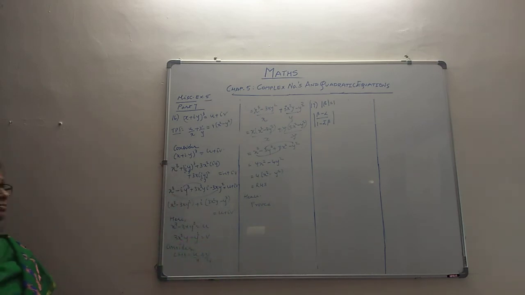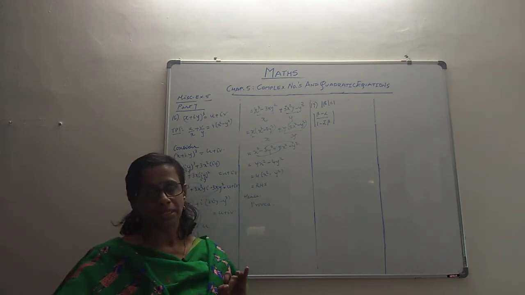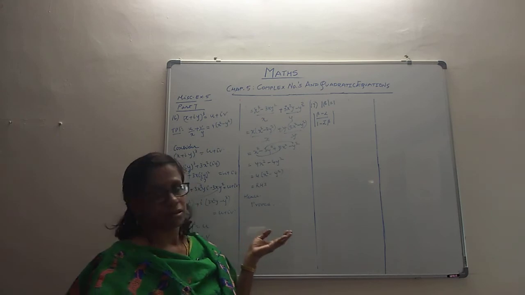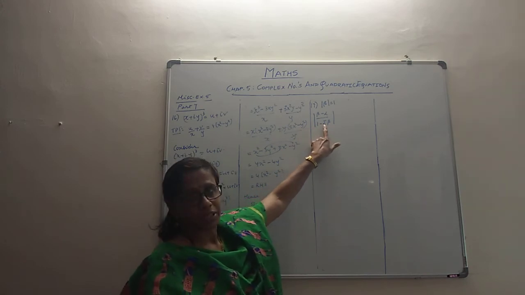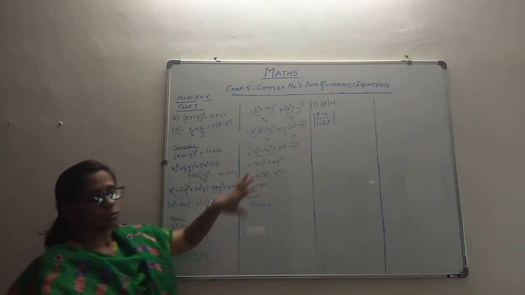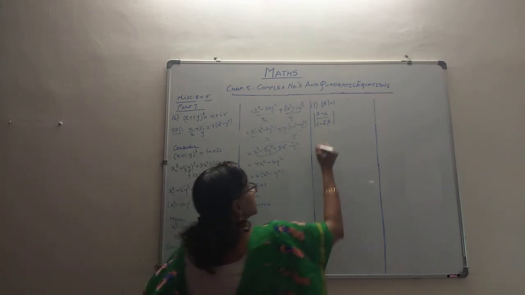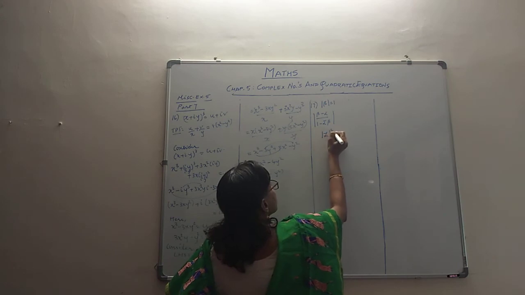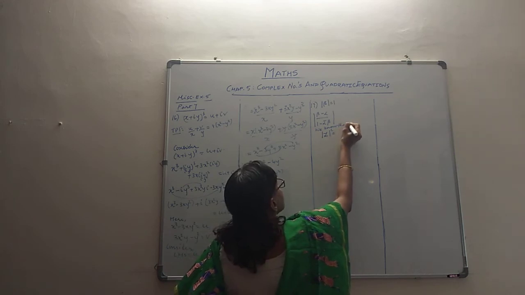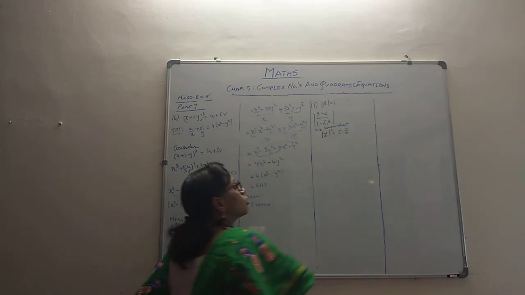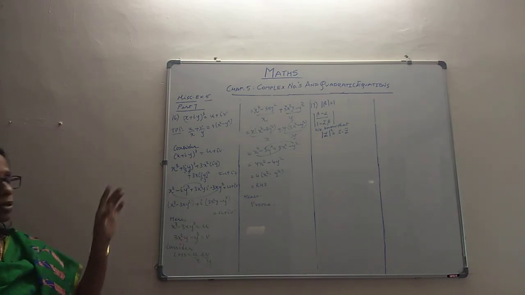That's about this. The next problem, they have told us that there are two complex numbers alpha and beta, where beta is such that its modulus value is 1. They ask us to find the modulus of this expression. Okay, now this is a totally new problem where we are going to take up a new concept. There is a concept in complex numbers that the modulus of a complex number squared is always the product of the complex number into its conjugate. This idea we are going to consider in this problem, and we are going to do it.